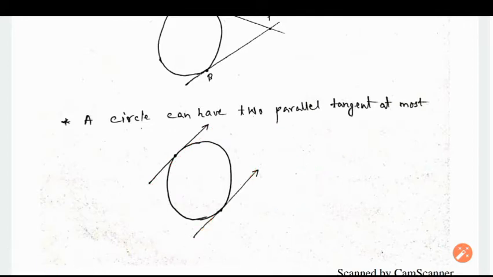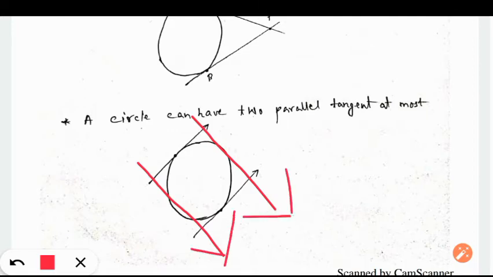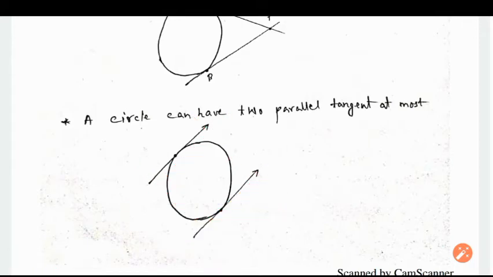You might be thinking, sir, we can draw a tangent like this also. Number 1, 2. We can draw a tangent like this also. Then here we have 4 tangents. No, 2 tangents are parallel to each other. These 2 tangents, the red ones, are parallel to each other, and these 2 tangents are parallel to each other. So if you are asked how many tangents are parallel, the answer should be 2 tangents are parallel, right?